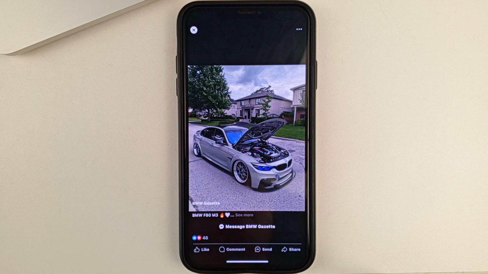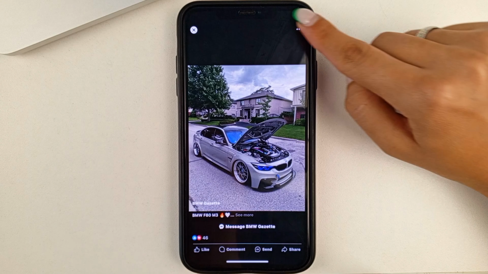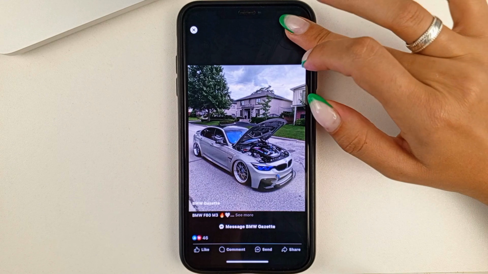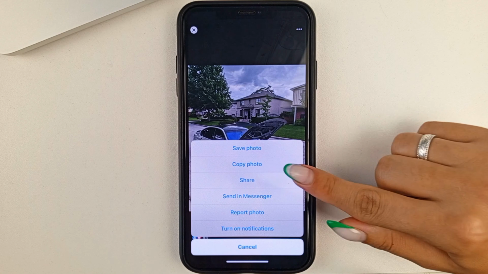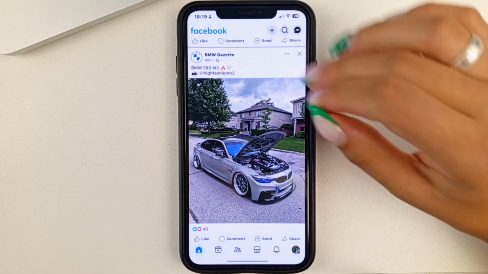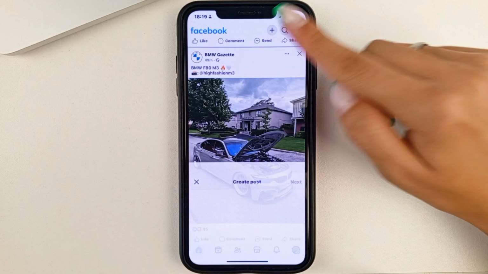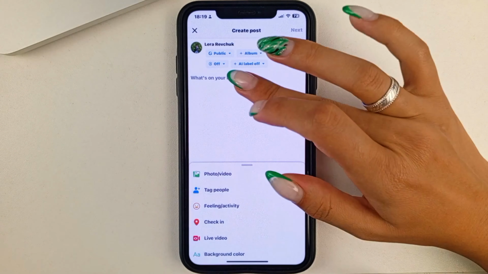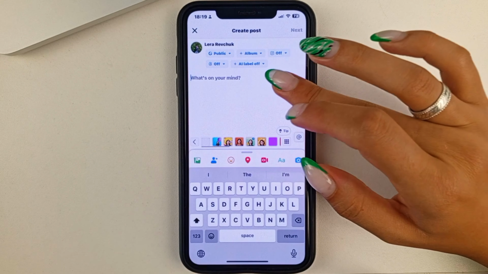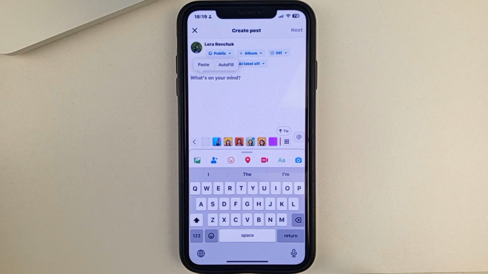Also friends, another option that you can do with the photo, by the way, this function is only on Facebook, and I find it very interesting and attractive. So you can copy the photo. To do that, you will also need to click on the three dots on the top right. Select the next function, which is Copy Photo. Now friends, let's say you would like to add this photo to your post, you can choose to make a post. Now press and hold and select Paste.